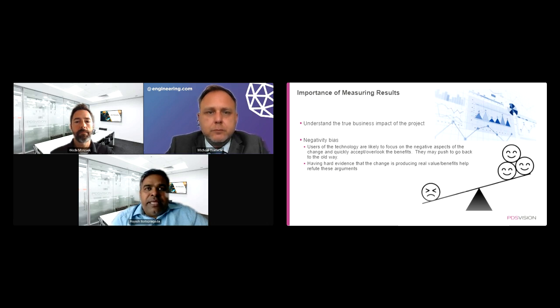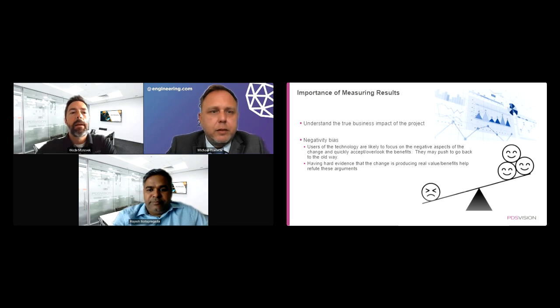So when that transparency does not exist, it creates all this negative bias. People are worried about what it's doing for their role. They're more confused in their role and how to operate. And it adds to the other pitfalls that Wade was mentioning earlier about resistance to change and so forth. So what we'll see in the next few slides is what we can do to set ourselves up for success. Excellent. Thanks, Rajesh.